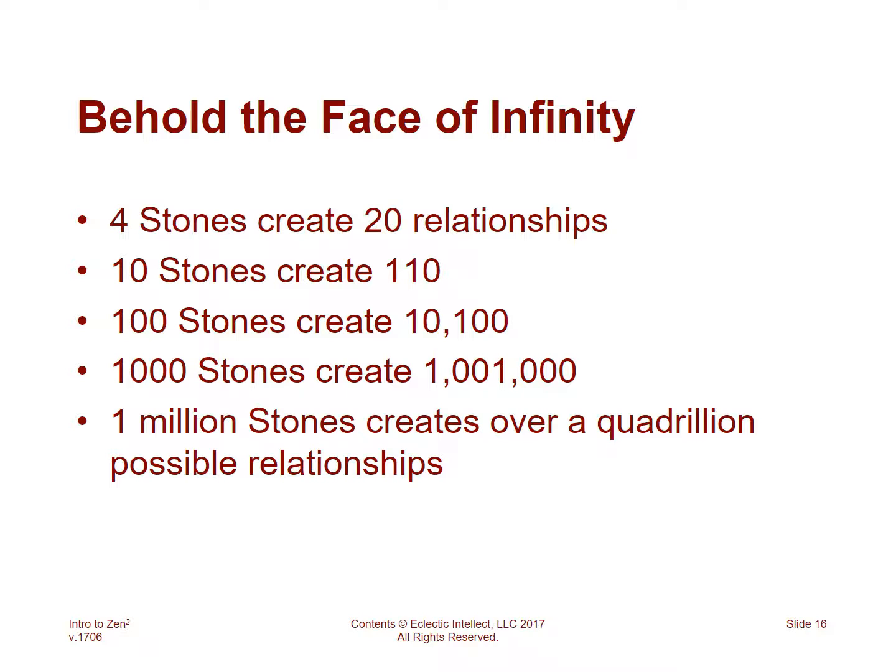Now, that's not going to be something a human being sits down and goes through one by one by one and gets through in a lifetime. But when we look at artificial intelligence adding to the capability of design, engineering, all kinds of other tasks, looking at a quadrillion things isn't nearly as impossible as it might have been in the past. But the point here is that as a system grows, even from fairly small things to things we might not think of as large, the invisible set of relationships are becoming vastly more complicated. Going from 10 to 100 to 1,000 doesn't seem like that big a change, but we're going from 100 to 1,000,000 in the number of relationships that are involved.